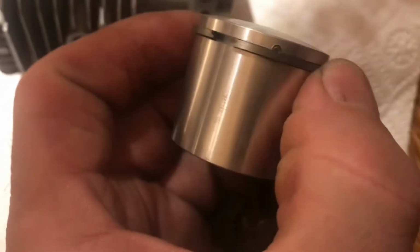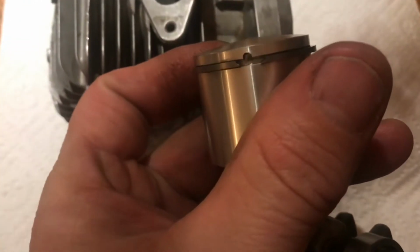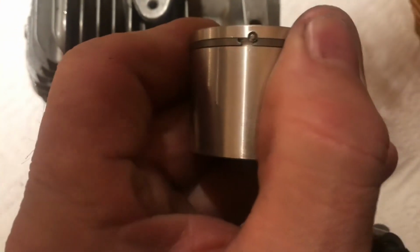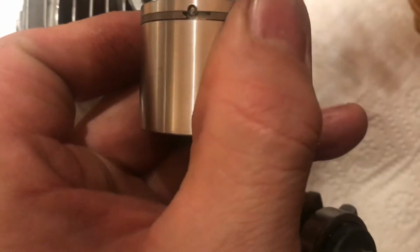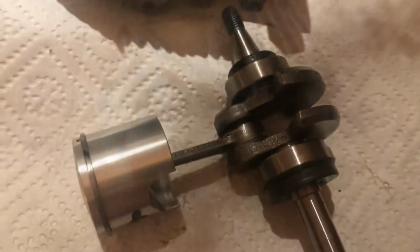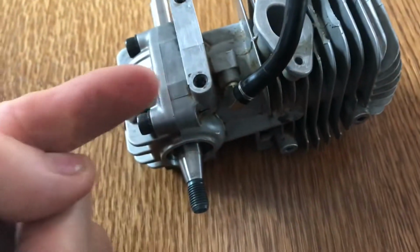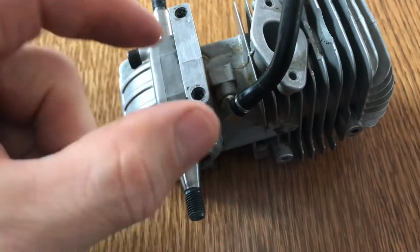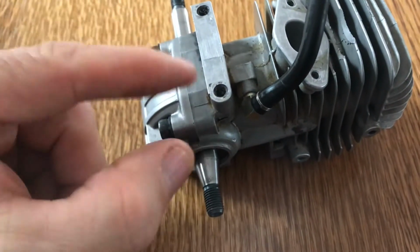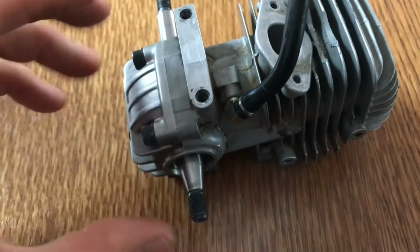Make sure the ring gap always sits there. Otherwise, when you put it on, it has to go there, otherwise we can't crush it. Okay, so now I'm going to put some oil around that, and then try and slip it in, as they say. Okay, so I've got that in there. To get the piston in, you obviously make sure that your ring is around, the gap is either side of the little pin that stops it rotating,